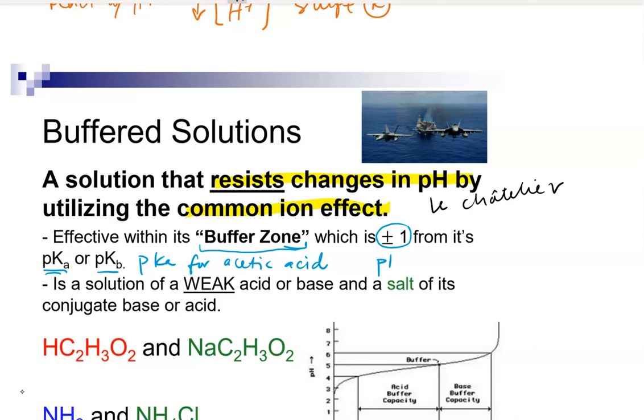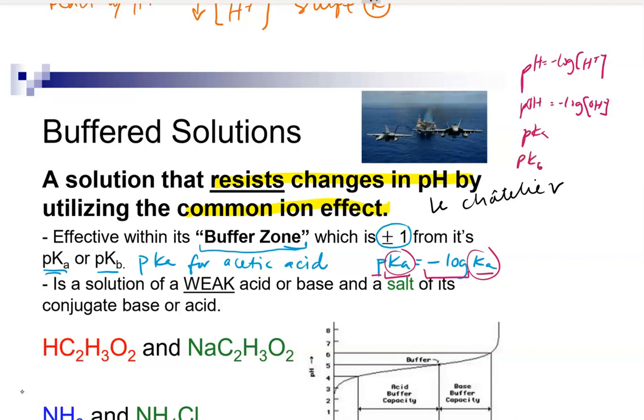would simply be the negative log of the Ka. Remember, we talked in previous notes that whenever you have the P of something, it's just taking the negative log of whatever that something is, right? When we have pH, it's the negative log of H+. We also talked about the pOH, which is the negative log of the OH- concentration. All right, so now we have a new guy, pKa, pKb. There are other P things. It's the negative log of those equilibrium constants. And the only reason we would do this is because it shows us where the buffer would be